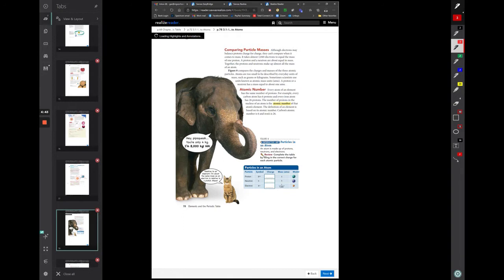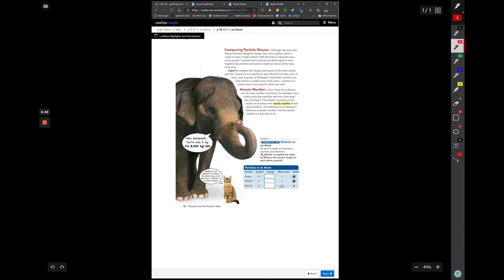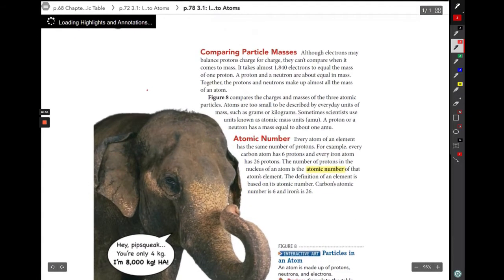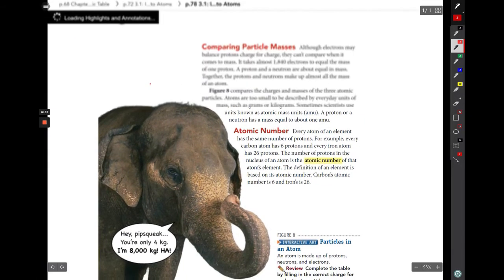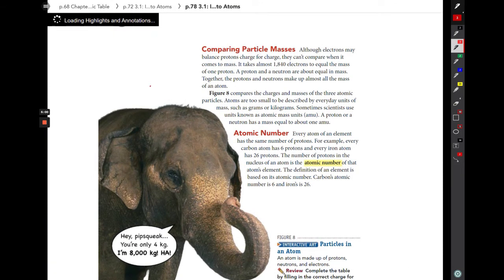If we look at the mass of these different parts, here we go. So if we compare the particle masses of these,